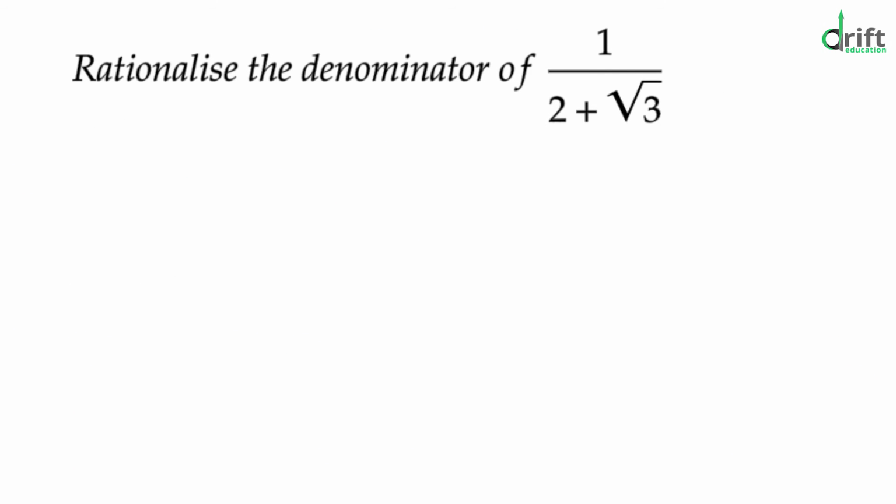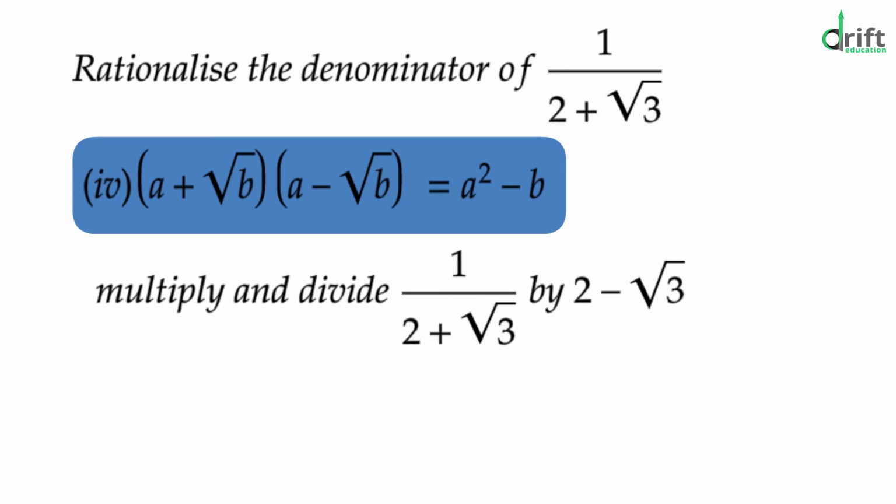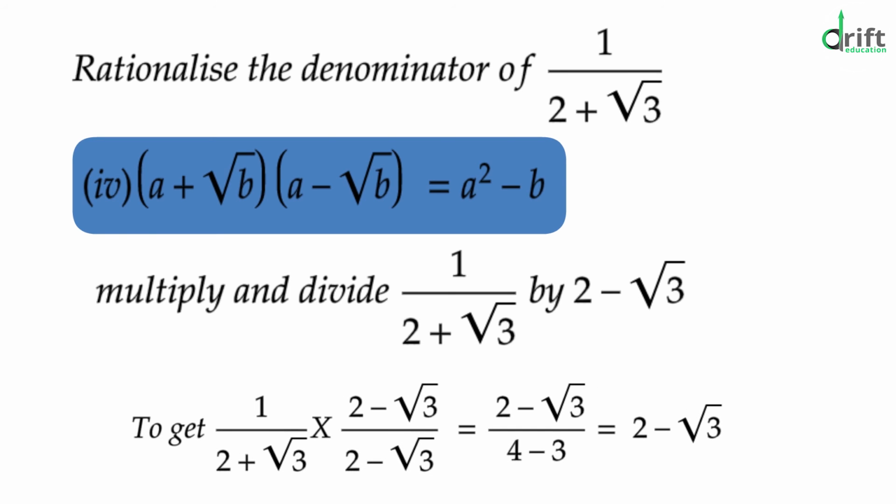Here we can use identity number 4, by which we have to multiply 2 minus root 3 in both numerator and denominator, which will give us 4 minus 3 in the denominator and 2 minus root 3 in the numerator, hence the result. Here, as the denominator is irrational, we multiply it with 2 minus root 3 in both numerator and denominator